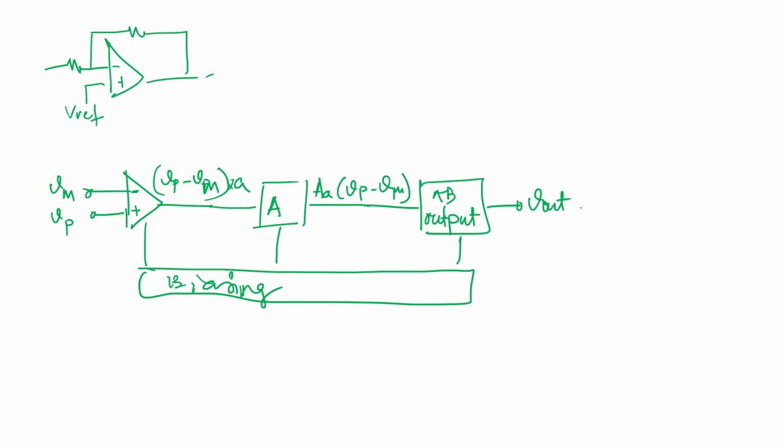V out. Okay. So that's the output you're going to get. This whole thing is what is embedded inside this. So you need a differential input and an output which is proportional to that differential input times gain. And then you have an output stage which can take that gain, also provide the impedance matching, which is, provide the current. And the simplest impedance matching is if you just take a transistor's gate and provide the load at the output at the source,